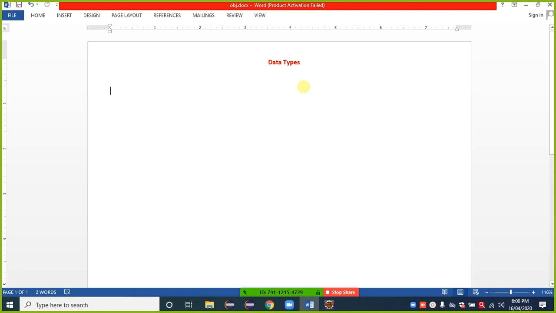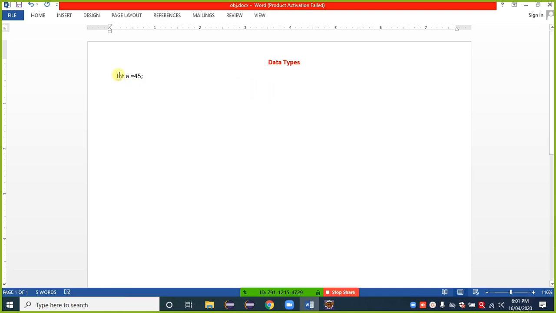So from today's session, we are starting data types. Before starting data types, I am giving a small intro about a variable. int a is equal to 45. What is this?